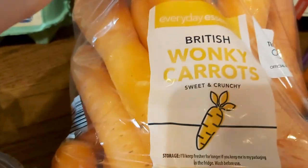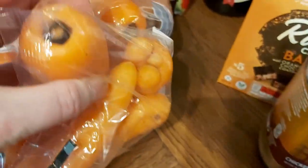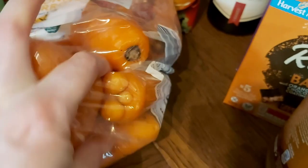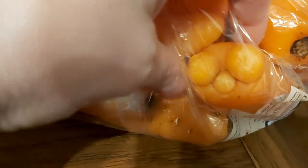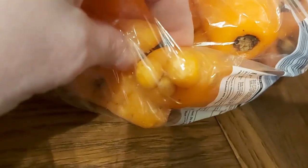Then some wonky carrots. Well, they look pretty all right to me. They don't actually look very wonky at all. But I did notice this really cute carrot down here. I'll show you. It's got a face. Oh, yeah. I might feel a bit bad about eating that one, but yeah, nice to have a face in